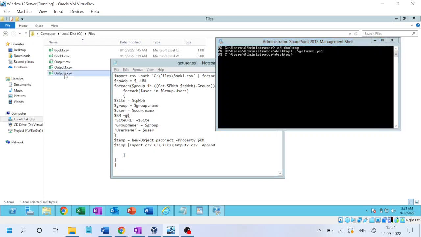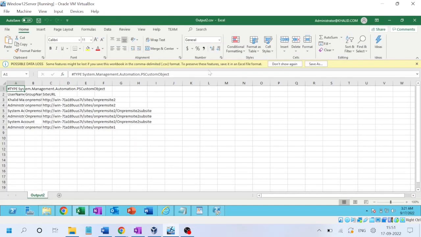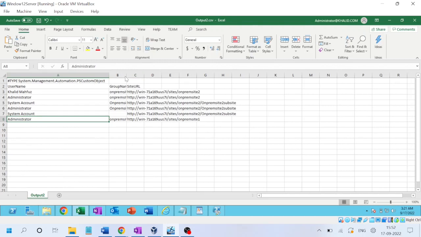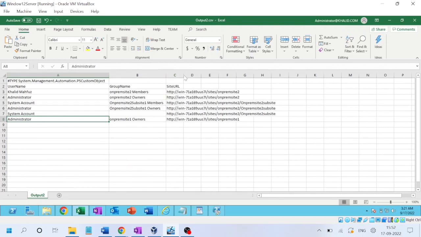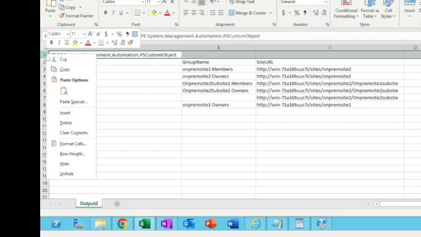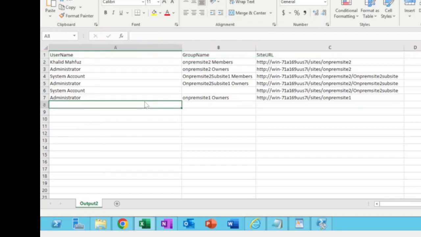Here we have our file. Let's open, and there we go. So we had 6 entries which were coming previously all together. So 1 2 3 4 5 6, right? And these are all, as we can see, in separate columns. So we have the username, the group name, and the site URL. Okay, let's delete this cell, and as you can see, now we can easily do